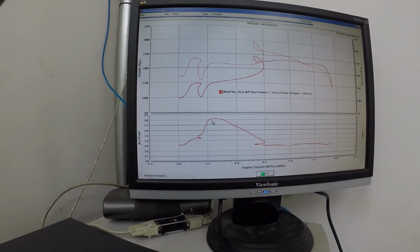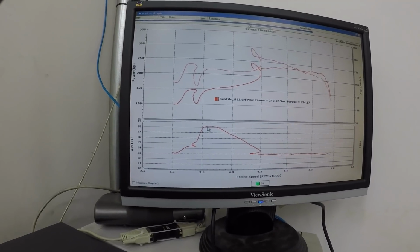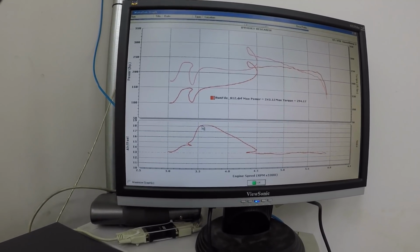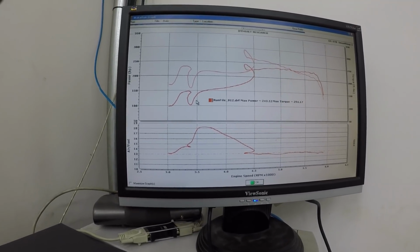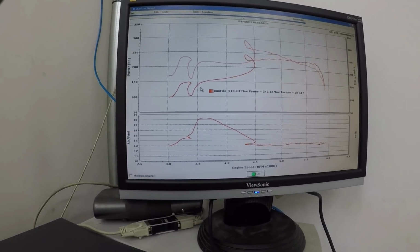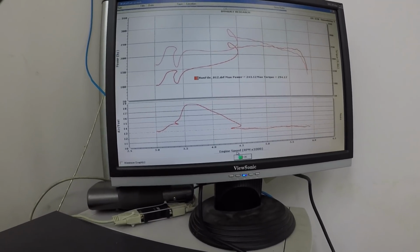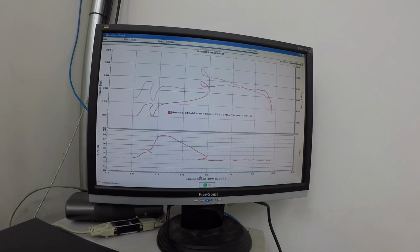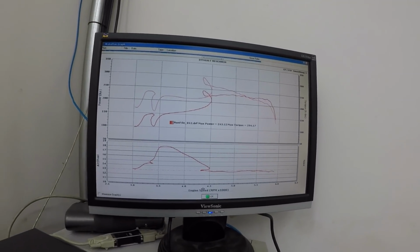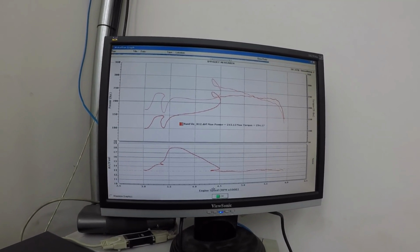The delay is the fact we're measuring out of the tailpipe, which is about 12 feet away from where the motor's making power. That's why there's a slight delay here of, say, 1/10 or 2/10 of a second during the run. Anyway, that's what we're doing. We're changing the needles out right now. The springs, make sure we got the blue ones